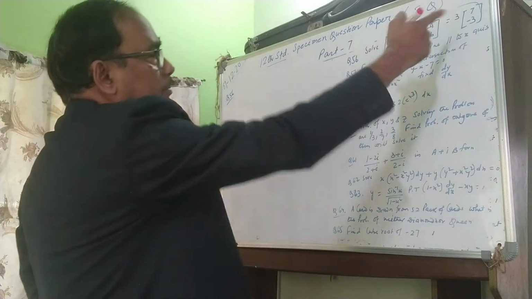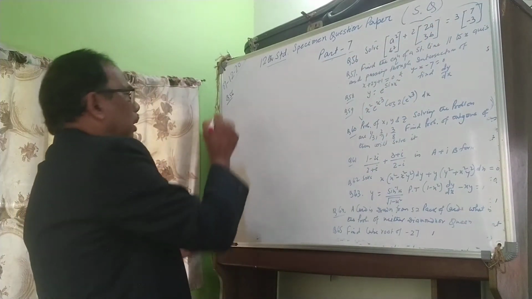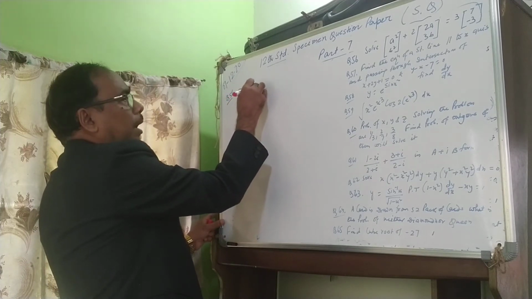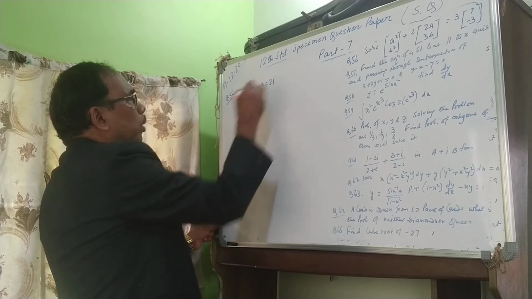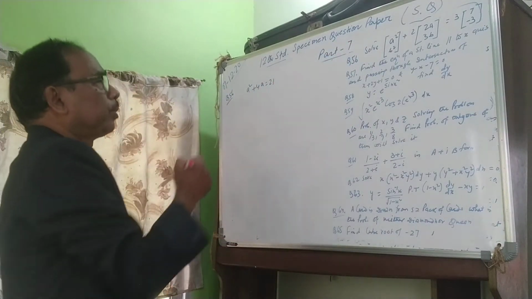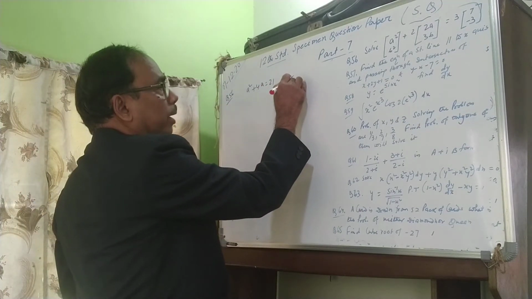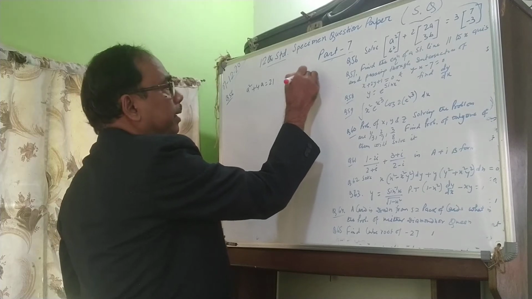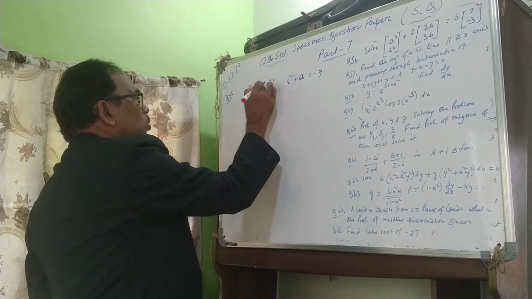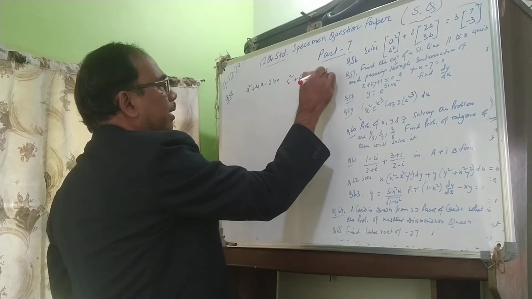Here solve, this is a matrix sum. Now we can write a squared plus 4a equals 21. From this matrix we convert it to a second degree equation of a, and this is a second degree equation of b, that is b squared plus 6b equals minus 9. This we can write a squared plus 4a minus 21 equals 0, and this we can write b squared plus 6b plus 9 equals 0.